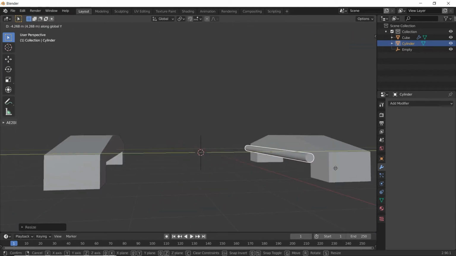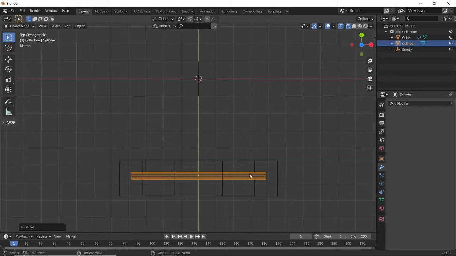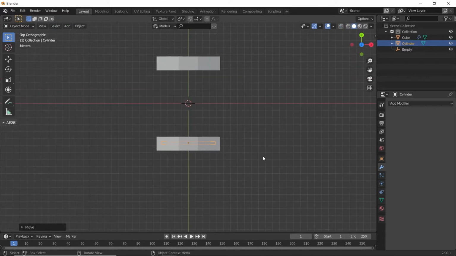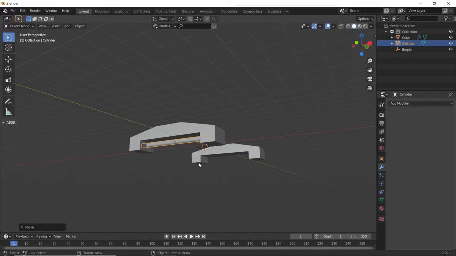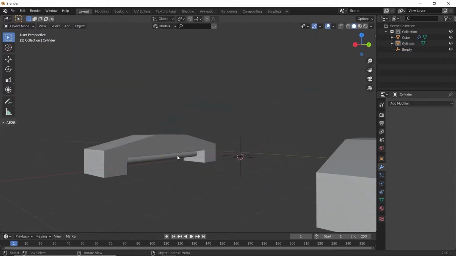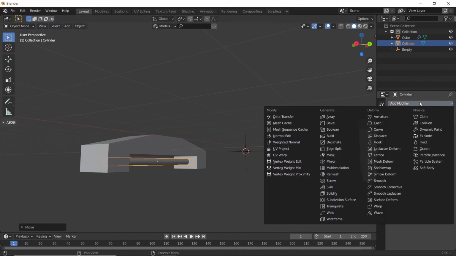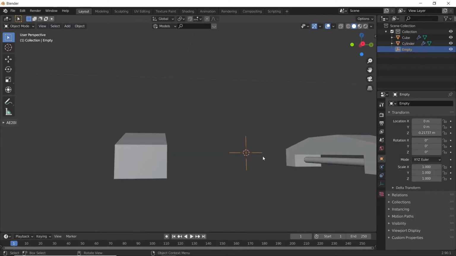Now place it here. Now let's grab it on z-axis and place it here, and apply mirror modifier as well, and select this one on y-axis.